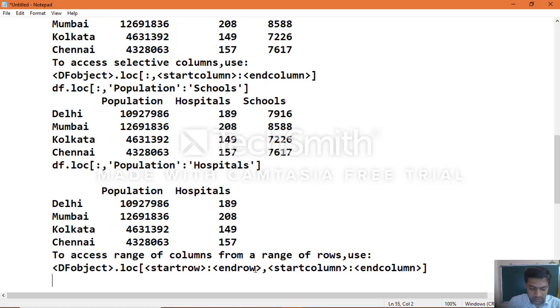How can we apply this? Data frame object name dot loc, start row, which you can specify by row label, that is Delhi, colon, then the end row, up to which row you want to access. So Delhi to Mumbai, comma, start column, which you can specify as population, colon hospitals.